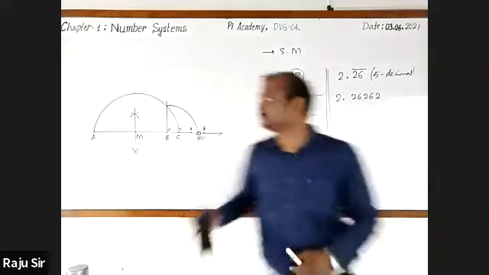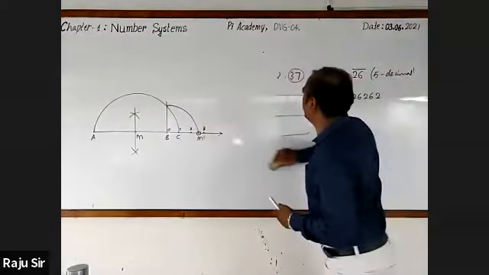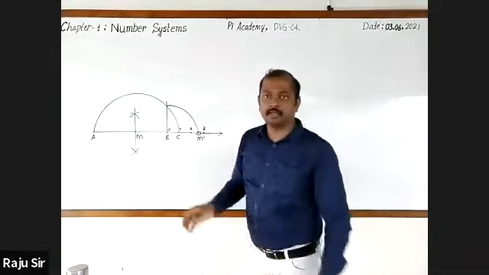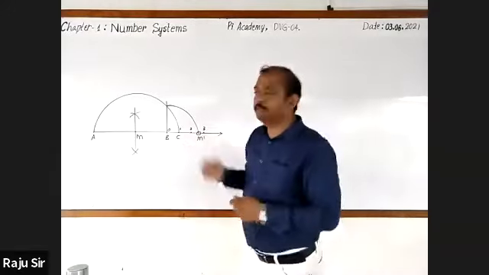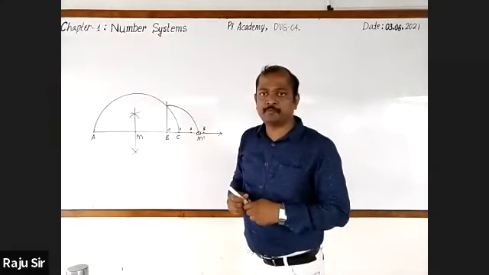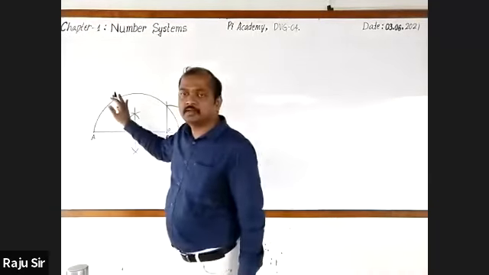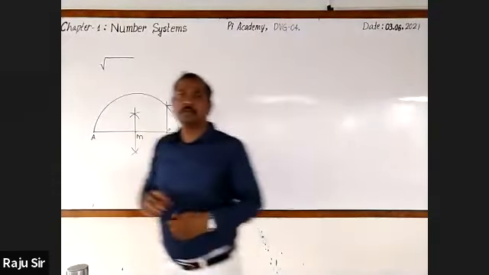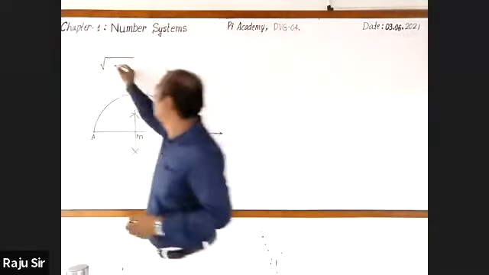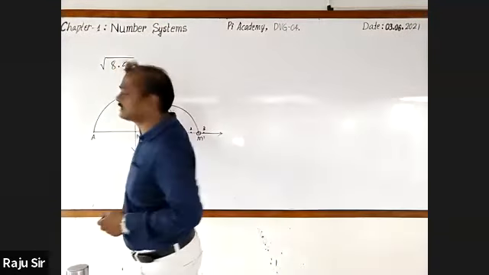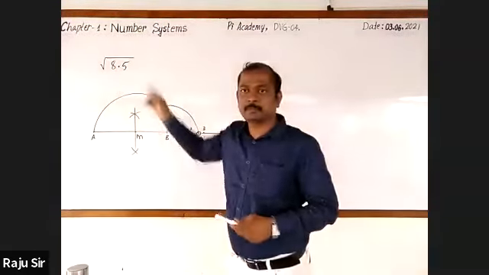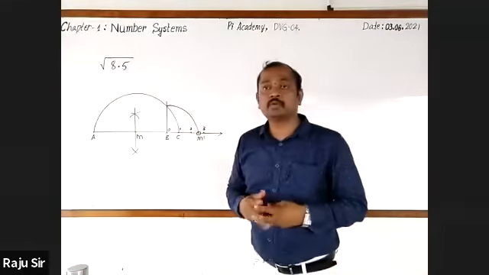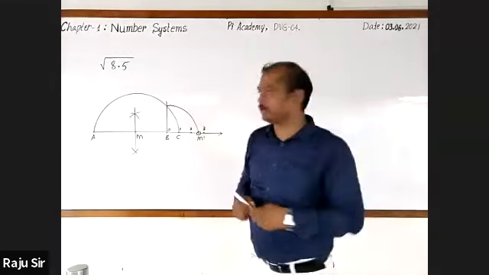Next, representing square root of decimal numbers on the number line. And we should also verify. Once I tell that in brief, yesterday we represented square root of 8.5. Is it not? This was represented. Now let me make you recall the steps that we followed.